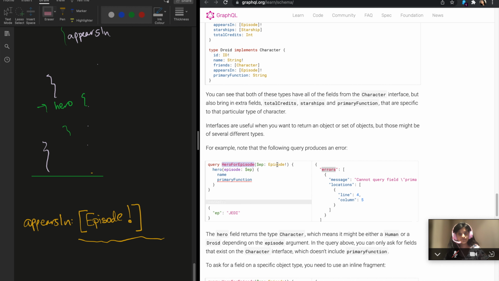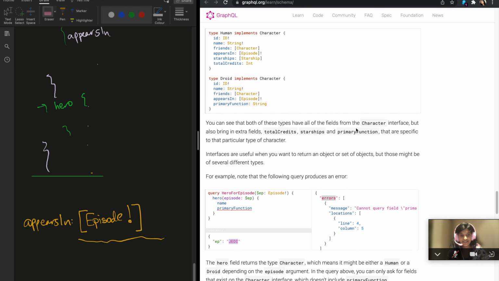We have a query which takes in an episode variable. We've not seen variables yet, although we've seen arguments, I think. So just think about this as, a variable is anything that has a $ sign, and the type in this case is a non-null episode. So we have this variable and it can be used anywhere in this fragment or in the query itself. So we have our episode, so hero, where the episode equals whatever episode this is, in this case Jedi. And Jedi